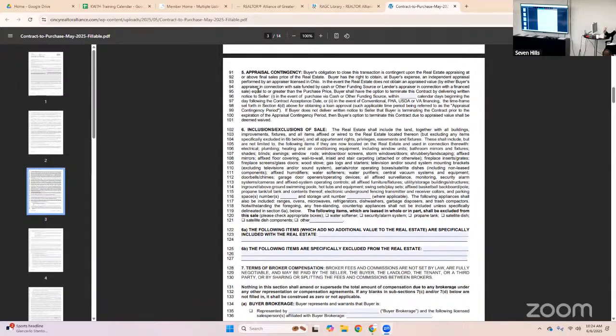So other financing could be hard money financing if they decide to do something like that, or I'm trying to think of another instance where that might come into play. Where if it were cash and you were still going to be doing an appraisal, anybody can do an appraisal on any property that they're purchasing as long as it's written as a contingency. So just be careful with that, because they really are unrelated.